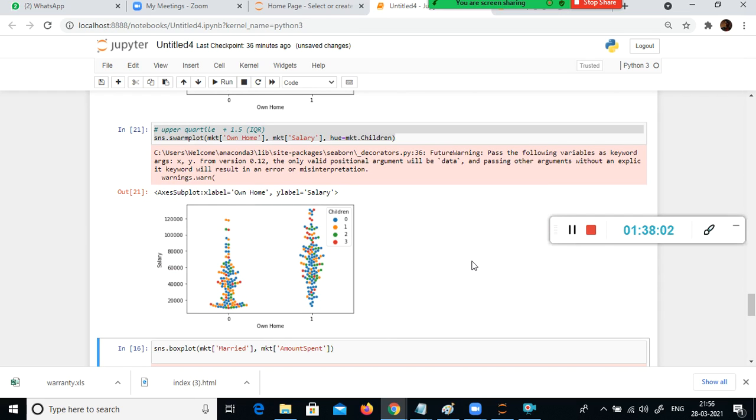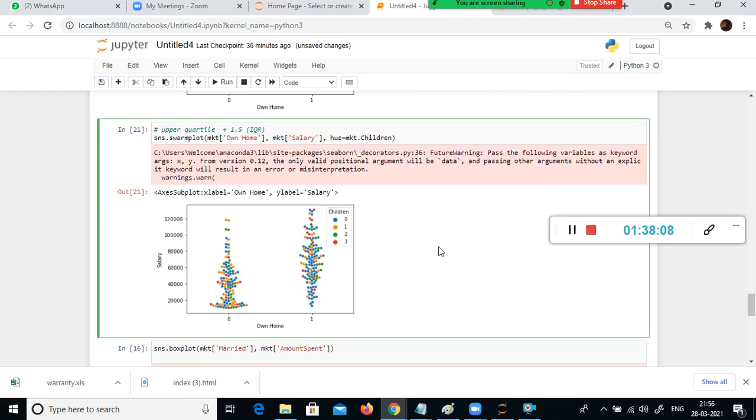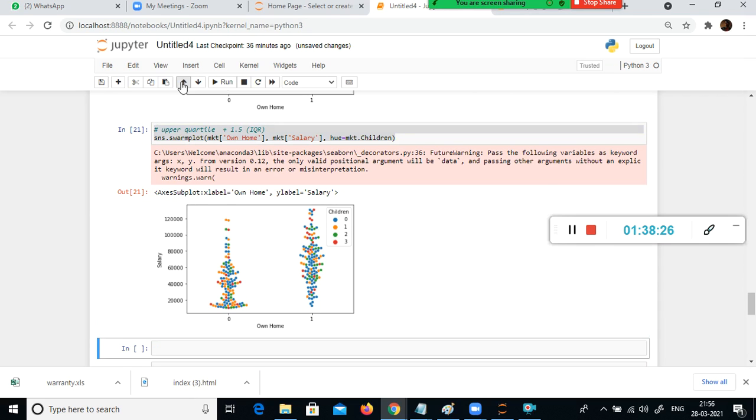Am I correct, Saranath and Karthik? Karthik, are you there? Yes, sir. Right? When a family has only one kid, or if they don't have any kid, they don't have any necessity to spend more. Am I correct? Now let us validate this common phenomenon, or assumption, or hypothesis with this data set. You need to validate the hypothesis.